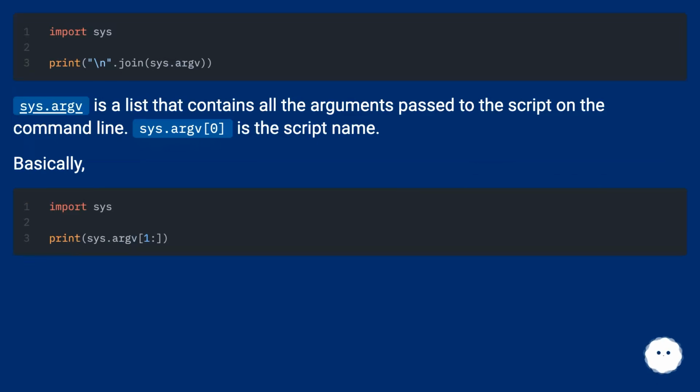sys.argv is a list that contains all the arguments passed to the script on the command line. sys.argv[0] is the script name. Basically,